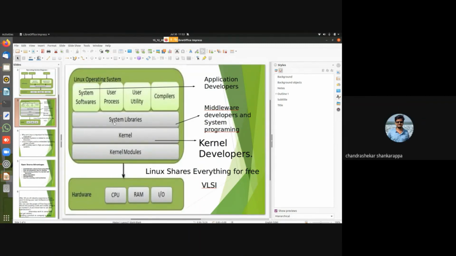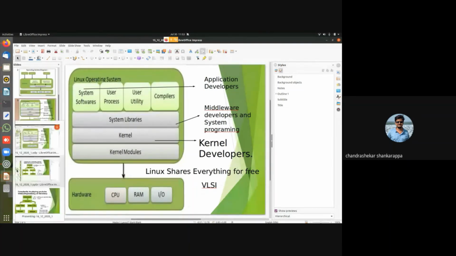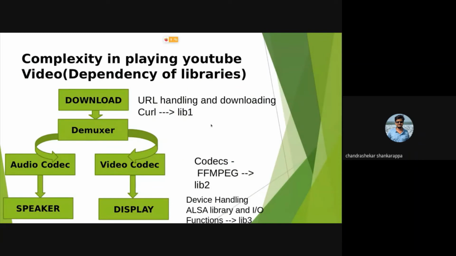So system programmers will write the system libraries. One more advantage of having a library, I will tell you. Let me go to the block diagram. One more reason why libraries came into the picture: after you finish your engineering and go to some domain and start working, you will not be able to know everything. For example, if you're working in a YouTube player team,